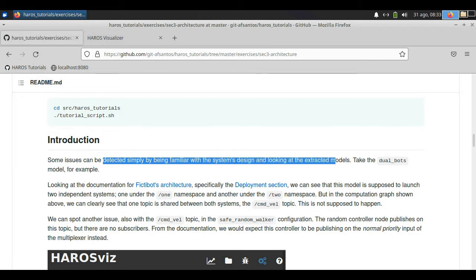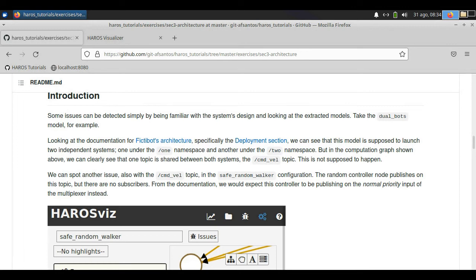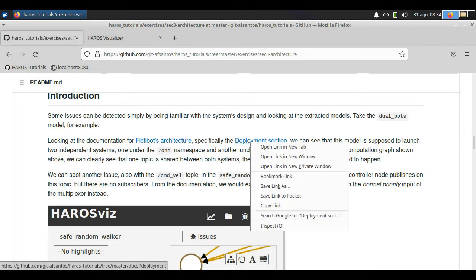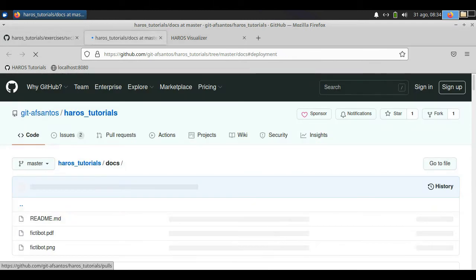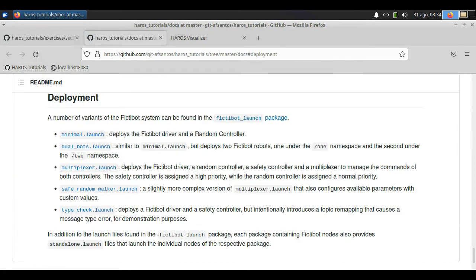Now, as you can probably guess, some of these problems and exercises are deeply related to the system that we are analyzing and what it should do and what it should look like in terms of the software architecture. So we recommend that you spend some time getting familiar with the Fictibot architecture before going deeper into the exercises.